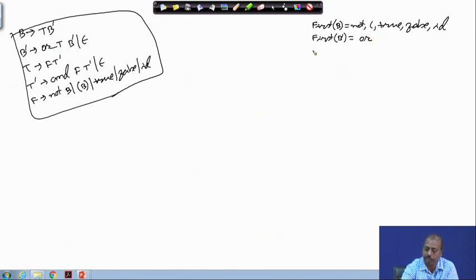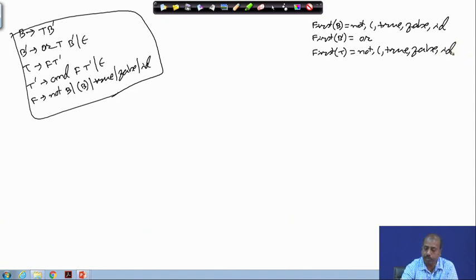Then first of T is equal to first of F, so this is the same set that we have written previously: NOT, open parenthesis, true, false and ID.